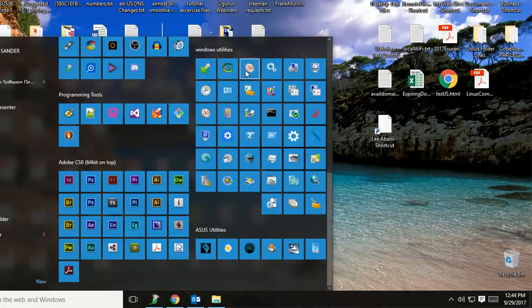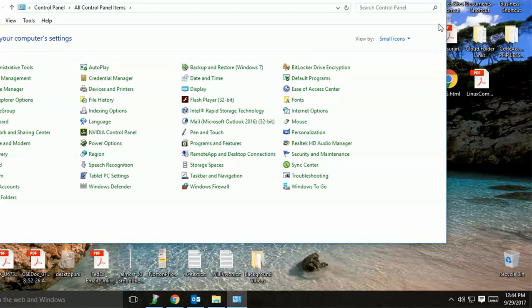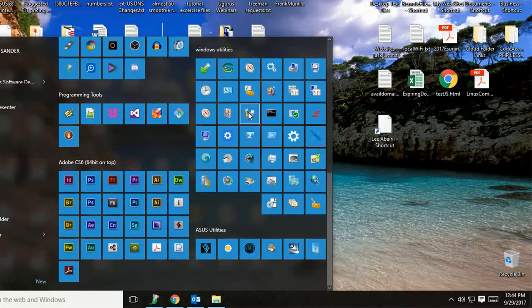This is things like Device Manager, Services, Computer Management. Control Panel is probably something that people look for a lot and maybe don't know where to find. We'll cover that one. And let me see what else is on here. Application compatibility, defragment hard drives, Windows assessment services, Performance Monitor, Event Viewer, if something happens on your computer and you want to see what the event was that caused it, Print Manager, Command Prompt,